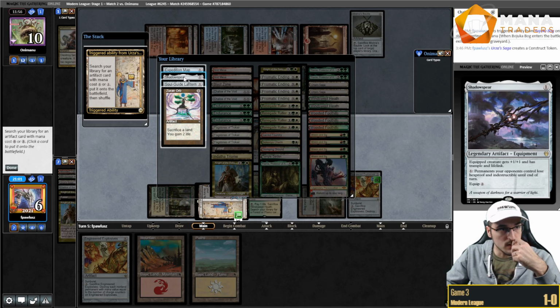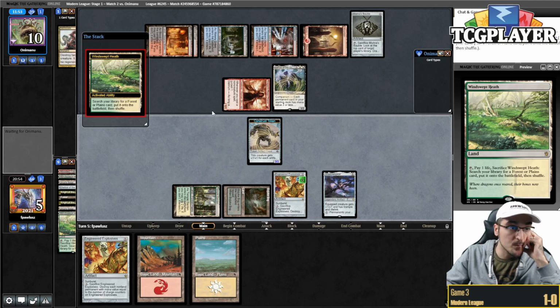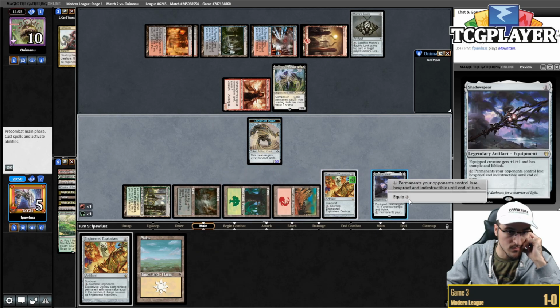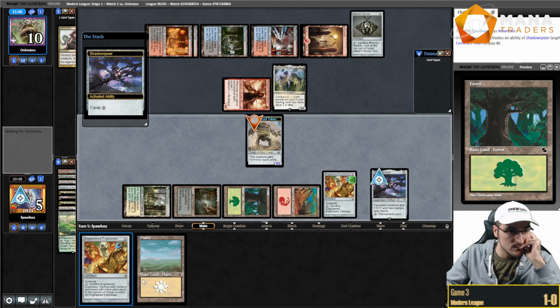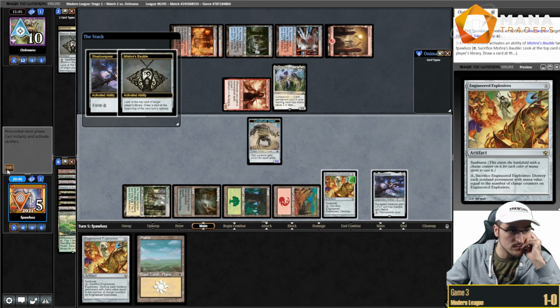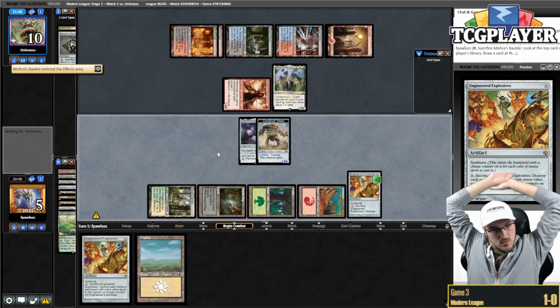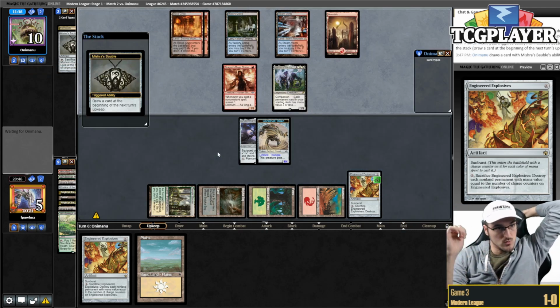Gonna get Shadow Spear here. It's either Shadow Spear or Soul Guide Lantern. We're gonna go with the Spear, I think. We're gonna have to dodge 1 turn of removal. If we manage to dodge 1 turn of removal, I think we're gonna be fine, because then we get to...